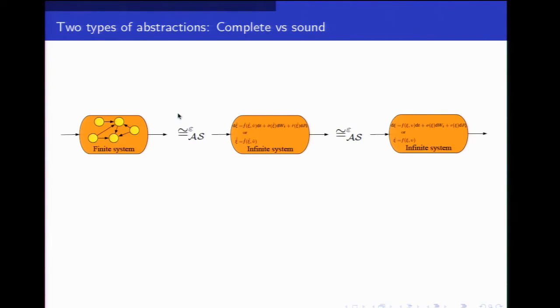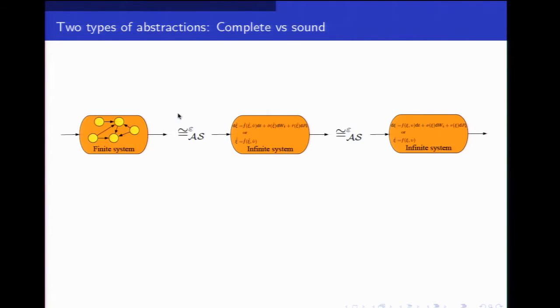So we showed using this equivalency between them. This is an infinite system. I construct another infinite system, which is somehow an abstraction of this, hopefully with a lower dimensionality and less interconnection topology. And then we construct another abstraction, which is actually finite. So if I can establish this type of equivalency between them,